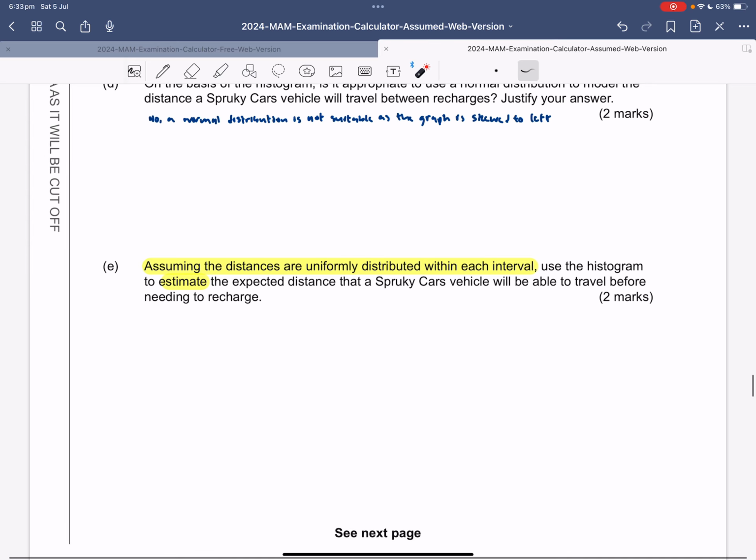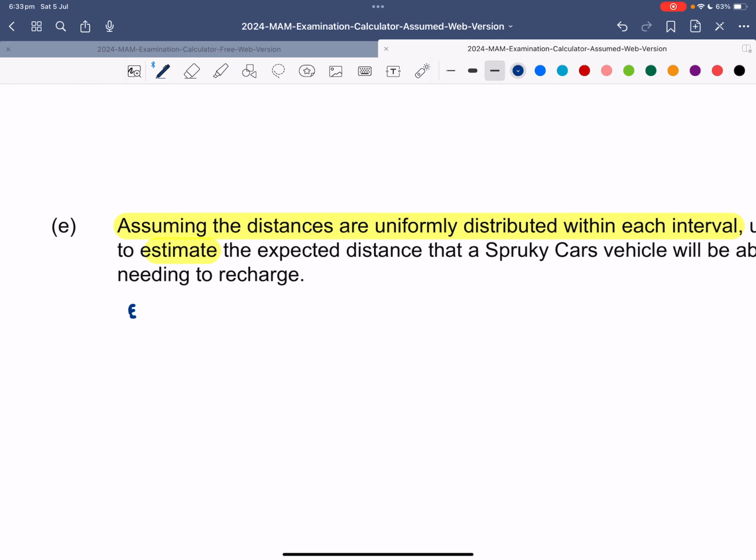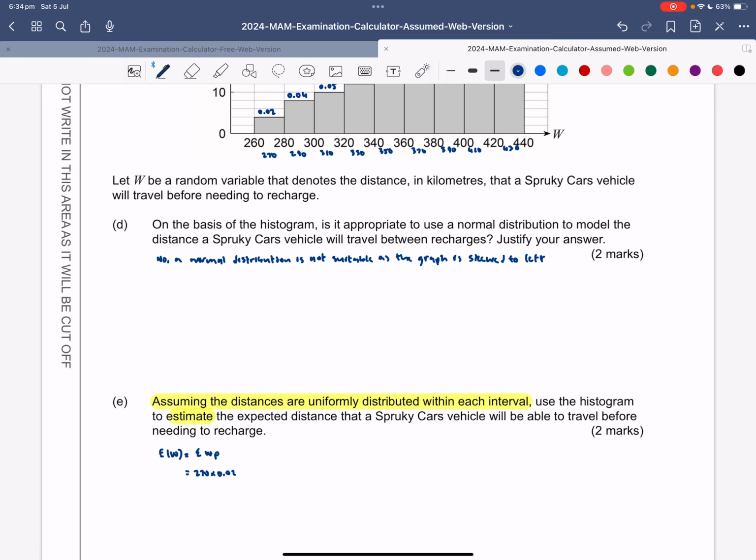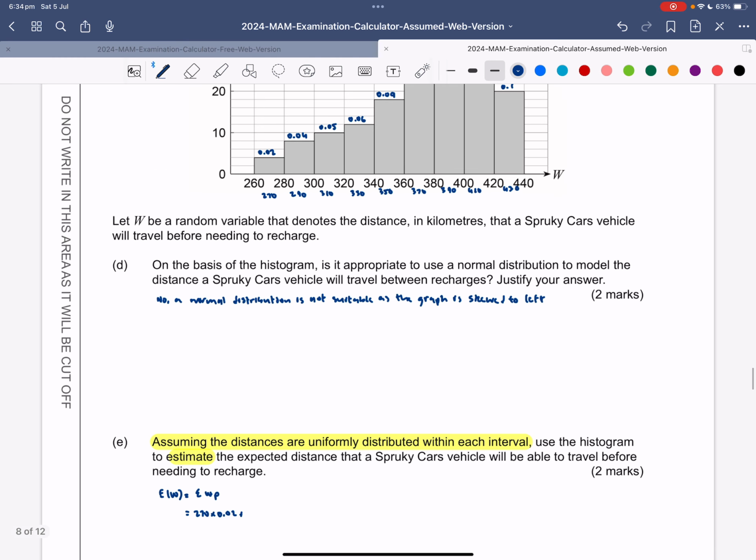So then effectively the expected value of W is the sum of all the W values times the corresponding probability. The W values are all the midpoints, and the probabilities we just worked out by dividing the frequency by 200. So that's 270 times 0.02 plus the next one was 290 times 0.04 plus 310 times 0.05 plus 330 times 0.06